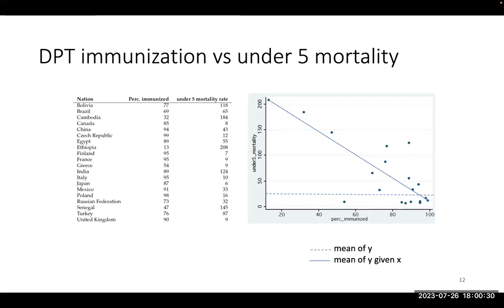Because basically, if you're aiming for a correlational analysis, you can identify each of these countries essentially on your scatter plot. So the only thing you need to do, you need to understand what your independent variable is. If it's percent immunized, let's search for one of the more, okay, so that one is not a good one, that's not even on here, which is actually an interesting case because, oh no, it is 13 and 208. So if you have Ethiopia here with 13% immunized children and a mortality rate of 208 per